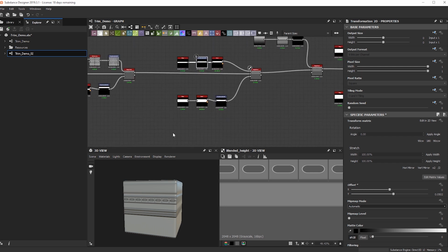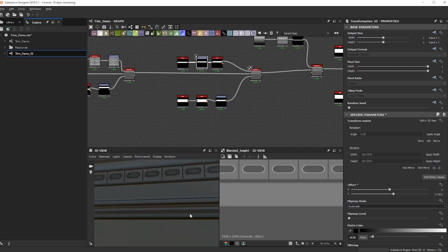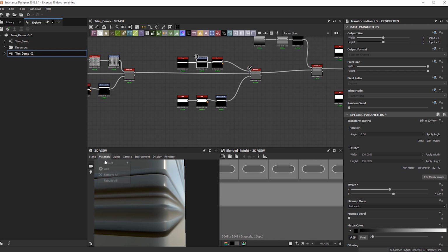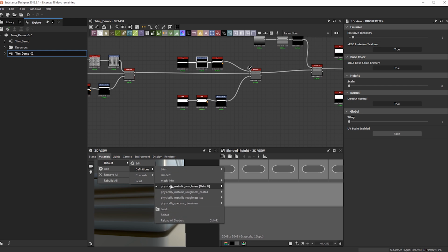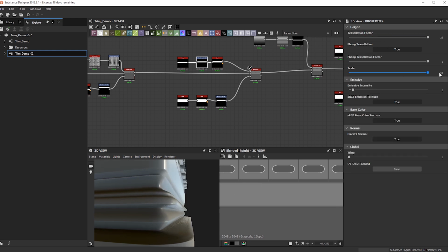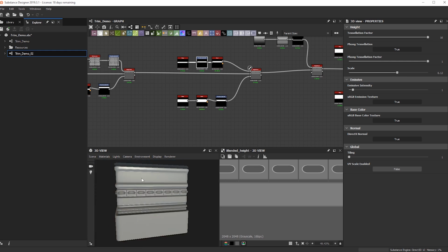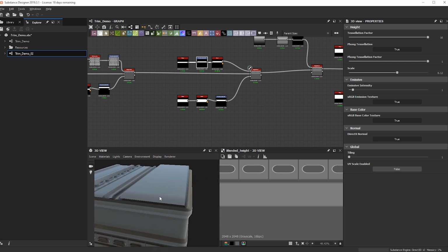So what's the last thing we want to do? I want to get rid of this one, but the cool thing about this one is we do have a lot of curved trims here. So if I go into our tessellation and turn this guy on, just going to bump this guy up, scale. So now you can see the different values and how our trim is going to be extruded within the height.